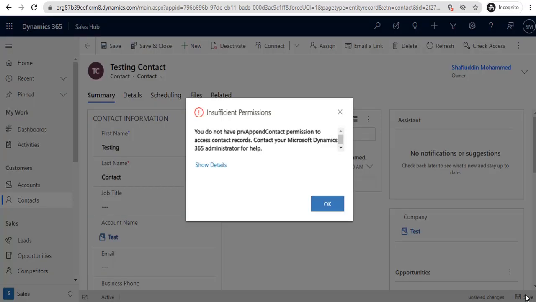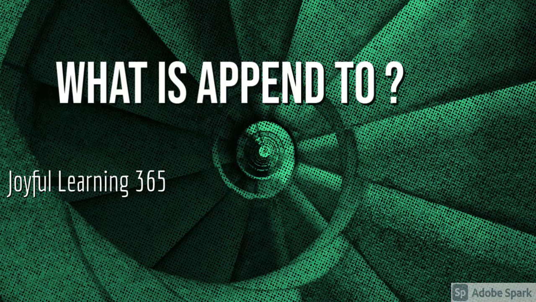Once you try to save the record, it's throwing an error saying you do not have permission to append contact permissions to access contact records. This is because the user doesn't have append privileges to the contact entity, so all the lookups on the contact form are disabled.